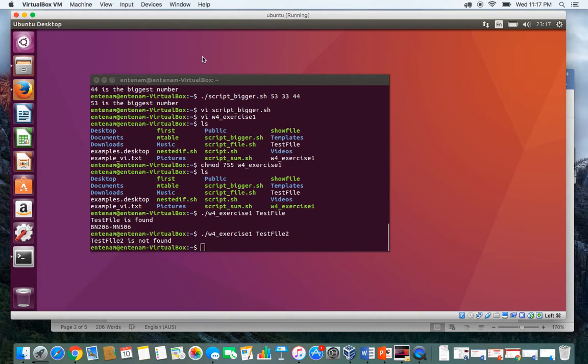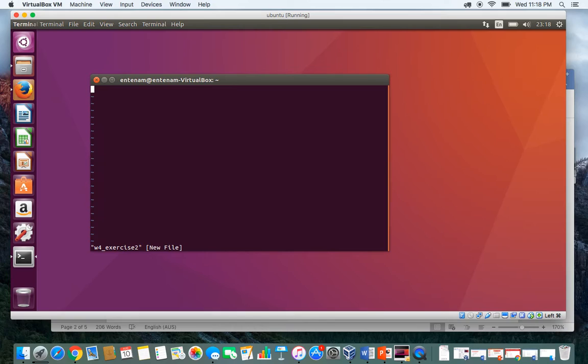So let's go back to the terminal and start coding. We name it as week 4 underscore exercise 2. To start entering, we press I on the keyboard. If $# equals 0, then